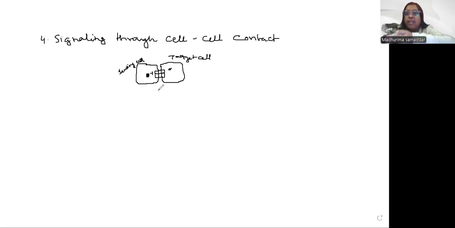They are closely associated with each other and the message will pass from one cell to another cell. So that we can find in the immune system. The immune cell will have cell surface markers. And by this, they will be able to identify their own cells or the cells which are infected by the